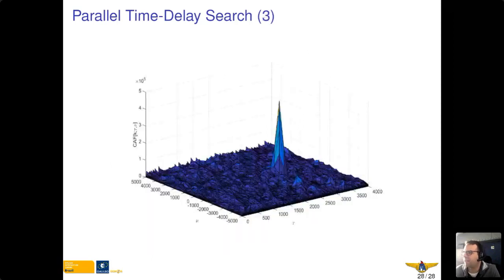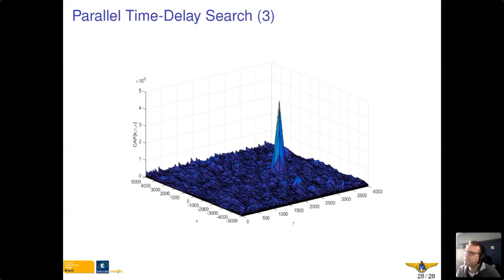How does this CAF look? Here's an example, and here we can see directly that the CAF is not concave in its whole for all the possible Doppler values and time delays. There's a concave region, and we see this. I derived this from data from my laboratory. So I have recorded a GPS or GNSS signal, and I have performed this acquisition. This is from real data. And we can see the triangular shape because I'm using a